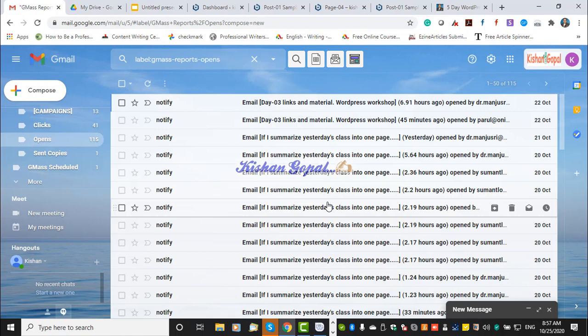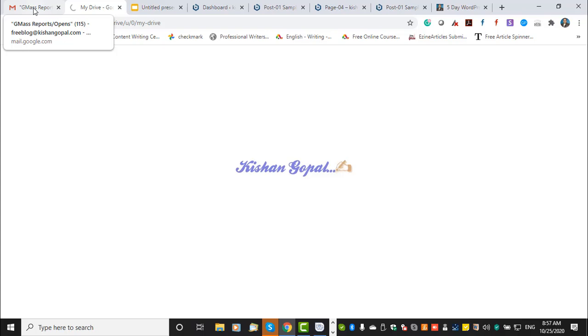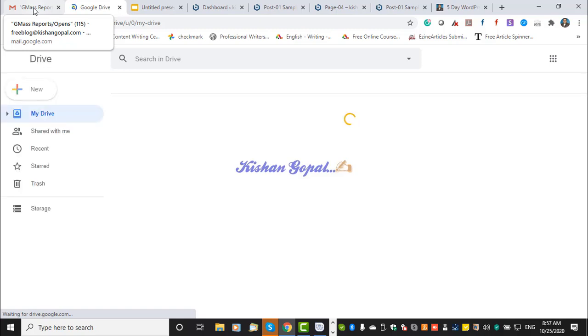When it comes to email marketing, it's all about creating a group, a list of your email IDs, and adding value to the email as if you are sending individual emails.